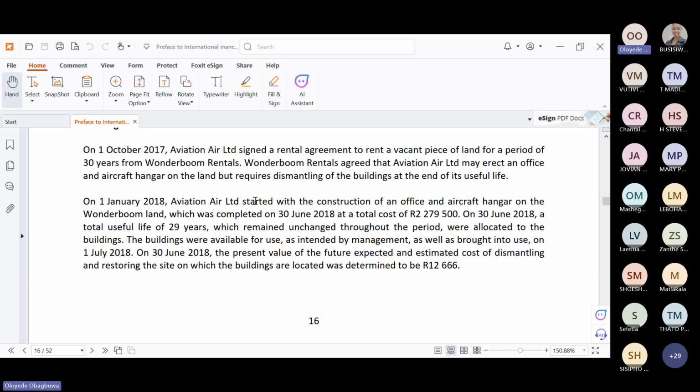1st July 2018. On 1st July, the building was available for use as intended by management. So this date is very important to you. That is the date that the building was put to use, on 1st of July. Then on 30 June 2018, the present value of the future expected and the estimated cost of dismantling and restoring the site on which the building is located was determined to be